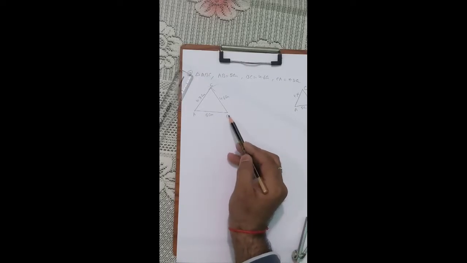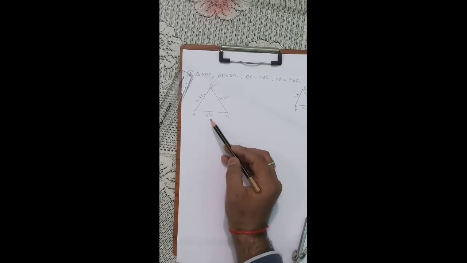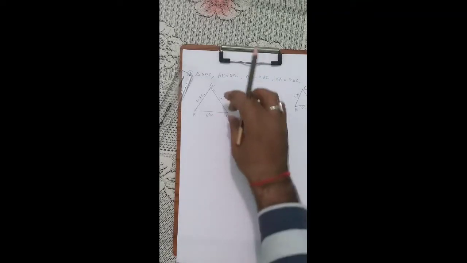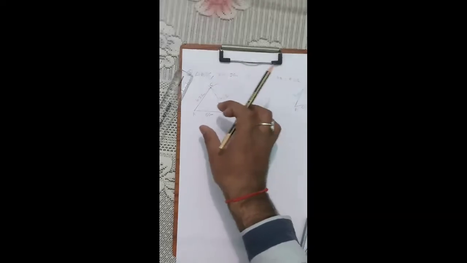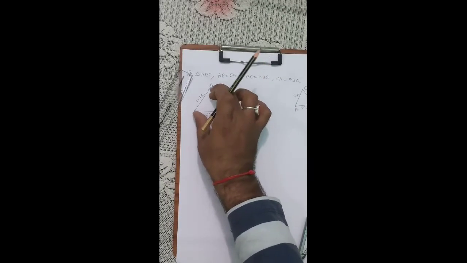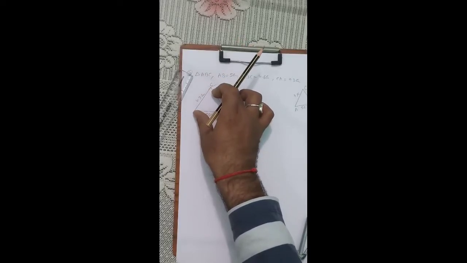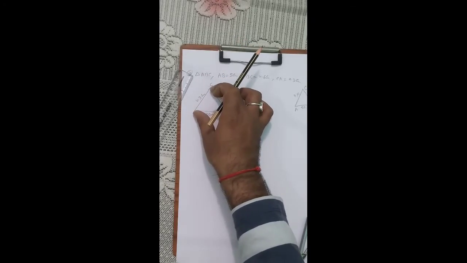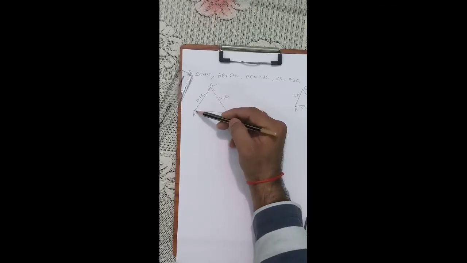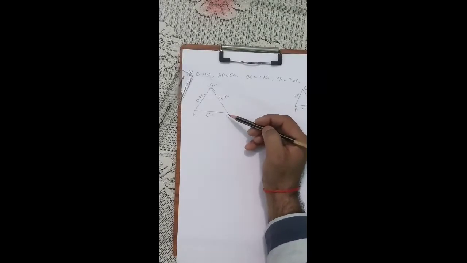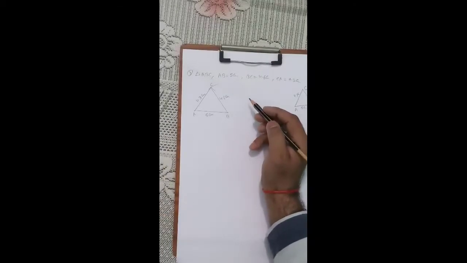First draw line segment AB equal to 5 centimeter. Then take B as a center, make one arc of 4.6 centimeter. Arrange your compass for 4.3. Take A as a center, make one arc of 4.3 which will intersect the previous arc. This intersection point will be C. Now join C to A and C to B. That will be your required triangle. Okay, if all the three sides are given, then this is the method.